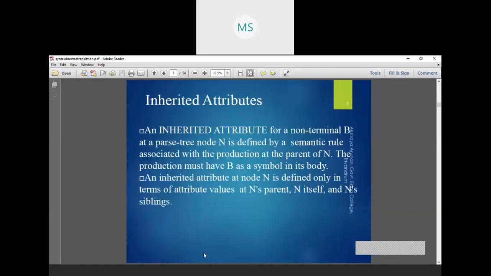Then I told what you mean by different types of attributes. Then